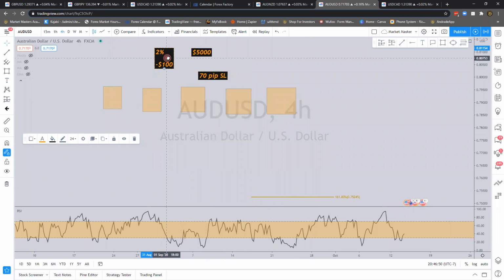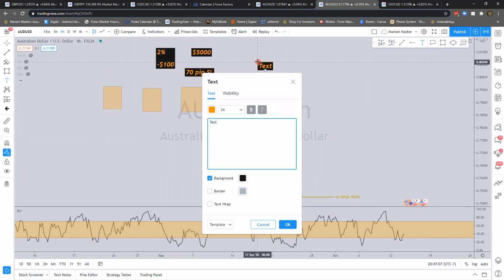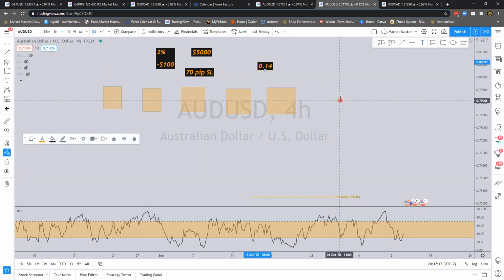The losing amount would be the exact same thing because it's 2%. It doesn't matter what the pip stop loss is. What matters is that the pip stop loss will change what lot size you'll be using. For this one, it's telling me 0.143, but the 3 you don't put on there. So you'll be placing a 0.14 on this